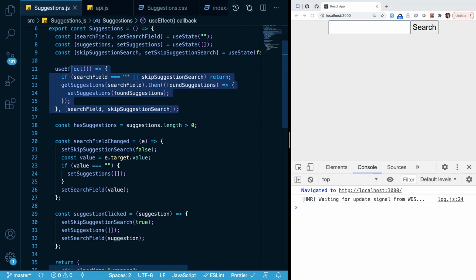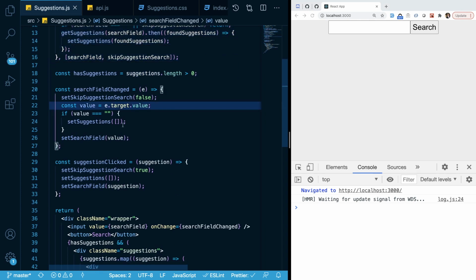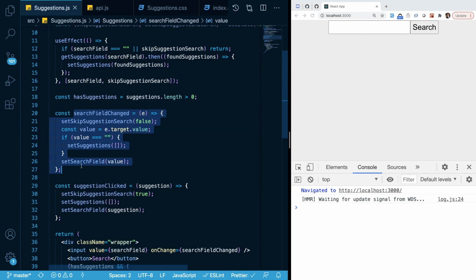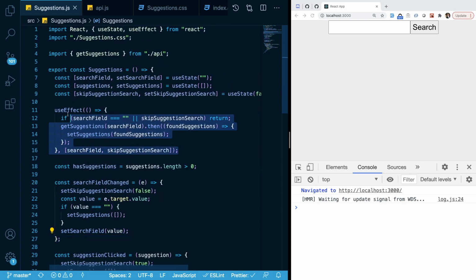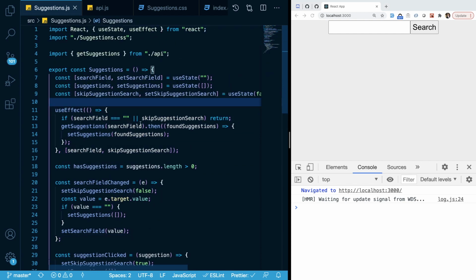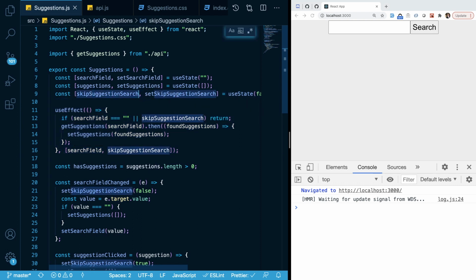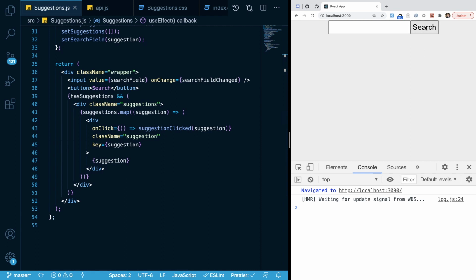This approach is a little bit tricky or hacky. You could probably just not use an effect and manually do suggestion searches as someone types in. But this is one potential solution, and I'm open to feedback if you have suggestions for a better way to do this. The skip suggestion search seems kind of hacky, but it works. At the end of the day, as long as the search component is working fine, you should be good to go. One thing we didn't do is, if you click on the search button, it doesn't actually do anything,